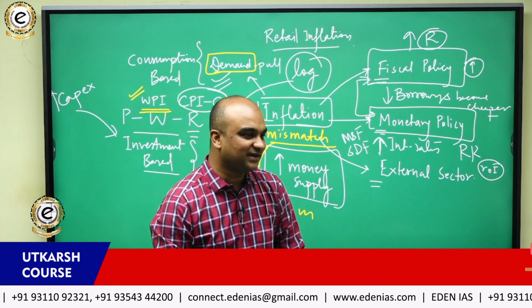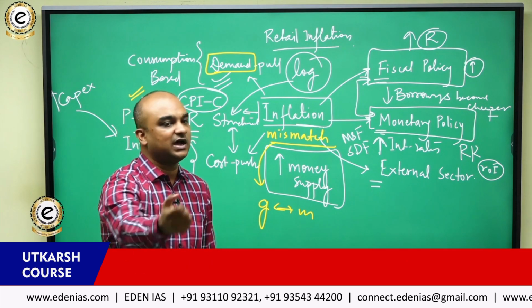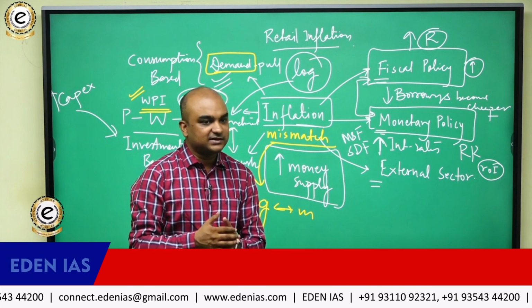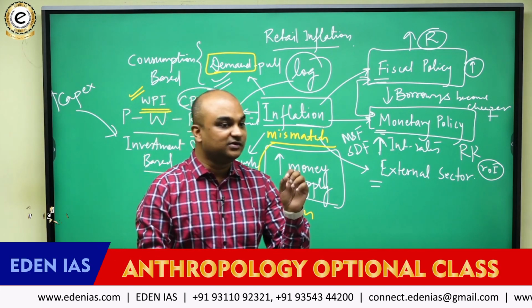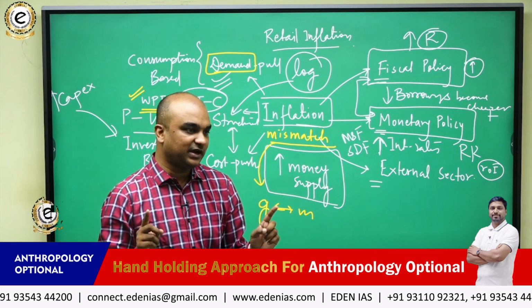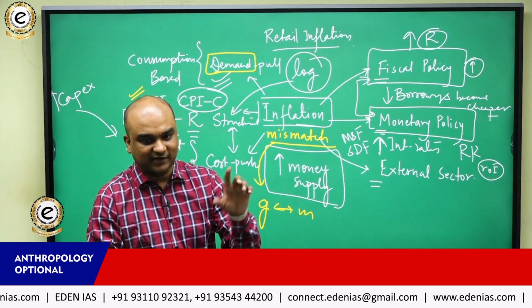Have you heard about something like that? And there is always a kind of tussle between the government and the RBI, because the government's main agenda is to push growth and development, whereas the RBI's main agenda is to control inflation. And these are two contradictory things. You cannot have both of them at the same time. You have to sacrifice one for the other.